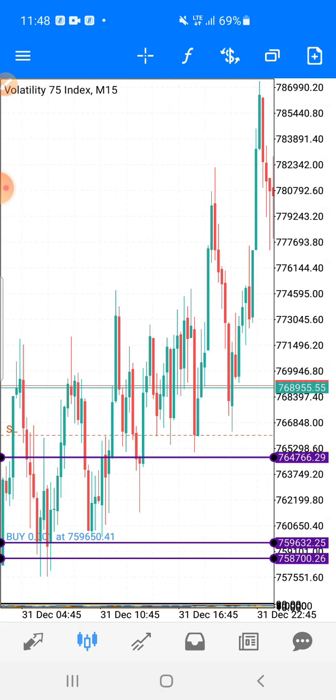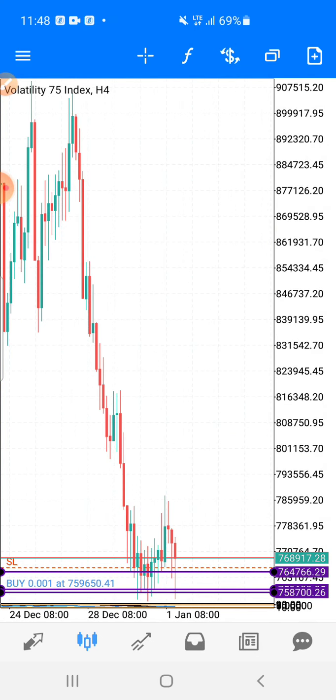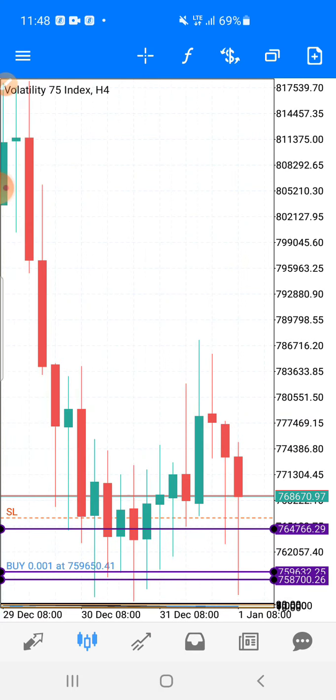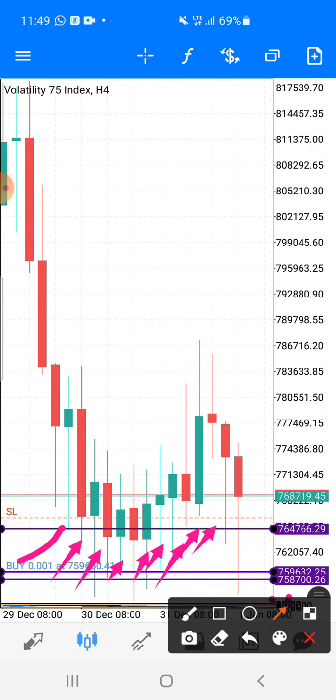Just discover a support level or resistance zone, go to a higher time frame to discover that. 4 hours, you can see that level. Then after discovering that support zone or resistance zone, look for quick rejection, which is what we are seeing here. You can see that the price has been rejected at that level quite a number of times. You can see it started from here. You started seeing that sign from that point. You see that region keep rejecting the price from breaking below. You can see those quick rejections there.